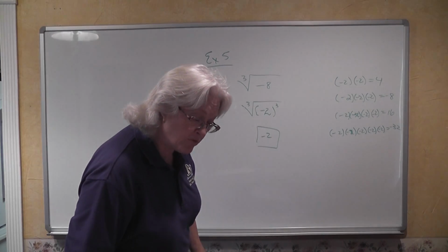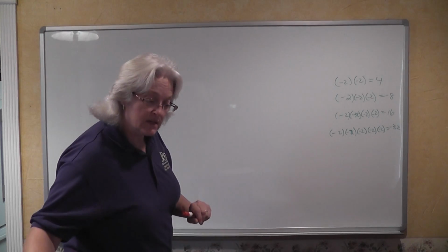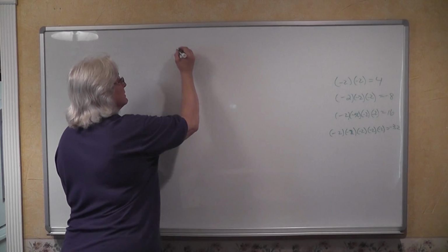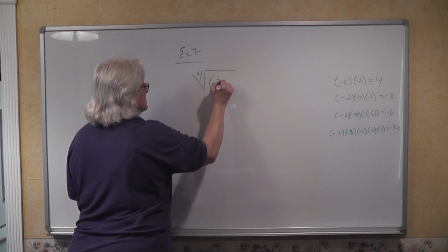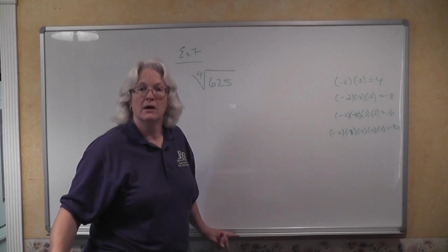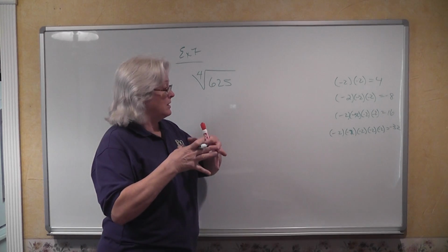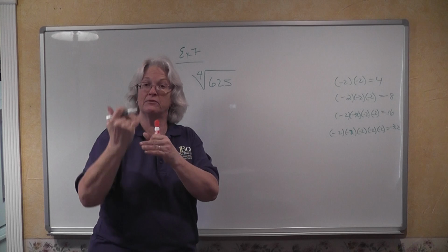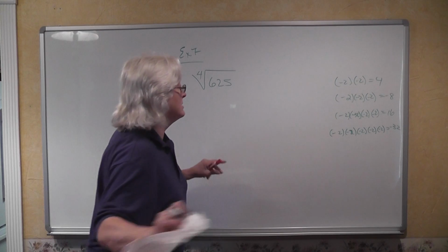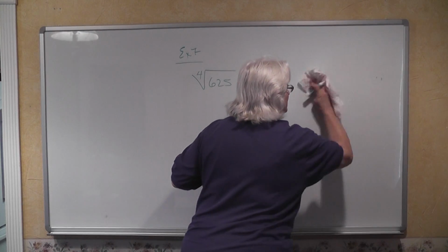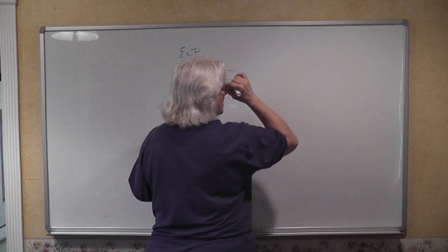We want to find the fourth root of 625. This is example 7. The fourth root of 625. Okay, some of these numbers are going to look to be really big, but they're just repeated multiplication of a fairly small number. For example, you know that 5 squared is 25. And you may have learned by now that if you have 5 cubed, or 5 used as a factor 3 times,